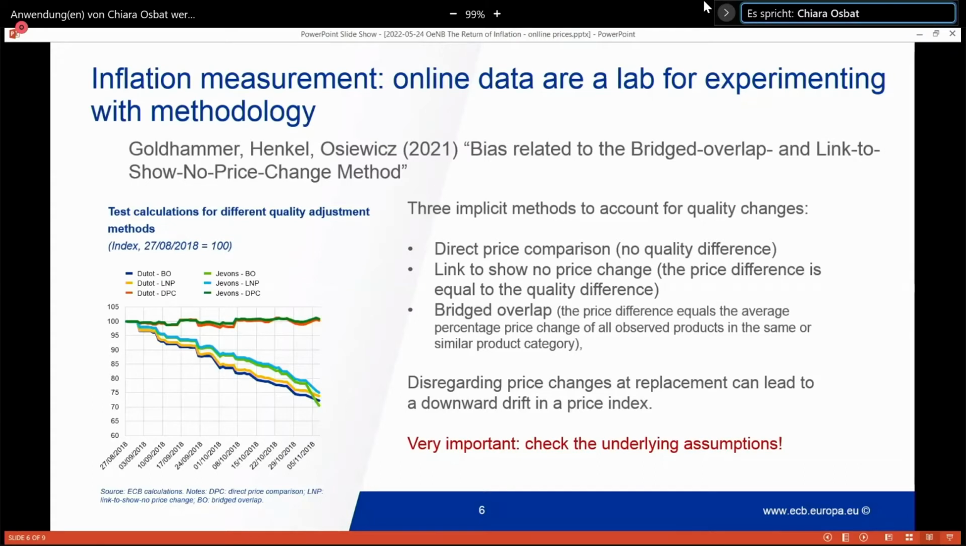I spare you the details, but basically what they did is using both a Dutot and Jevons aggregator for the elementary price indices, they simulated how the index would look by using each of these quality adjustment methods. And what they found is that disregarding the price changes at replacement can lead to a very substantial downward drift in a price index. So they issue a warning that once you apply these implicit price adjustment methods, you have to really carefully check the underlying assumptions,